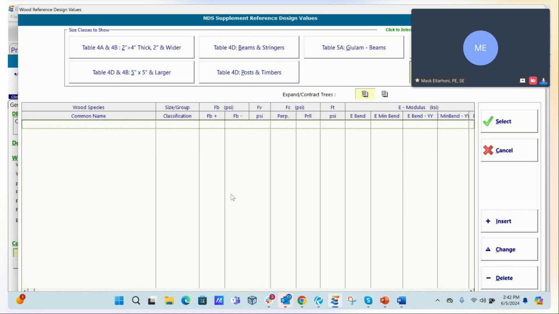You can just create a new section right here, insert all of the values that you need, and start using that as your new wood material. So you'll have a little bit of additional control there to help you navigate through this.